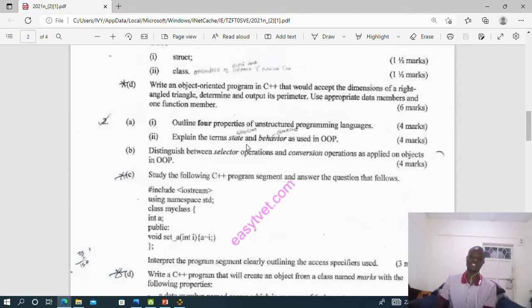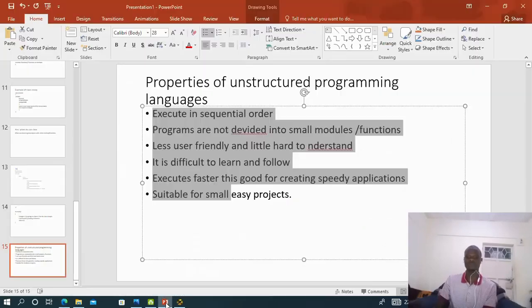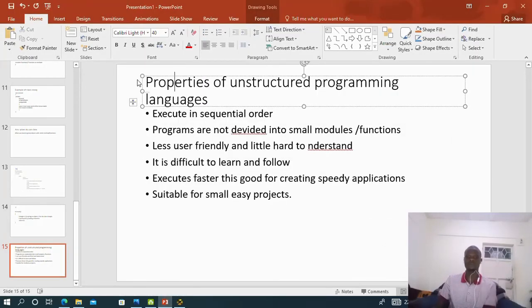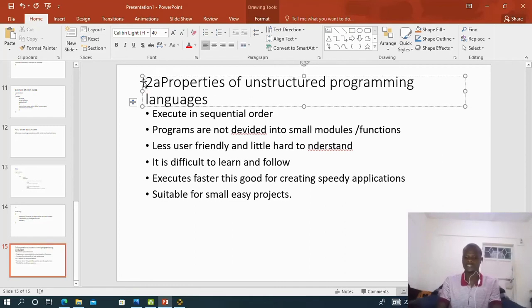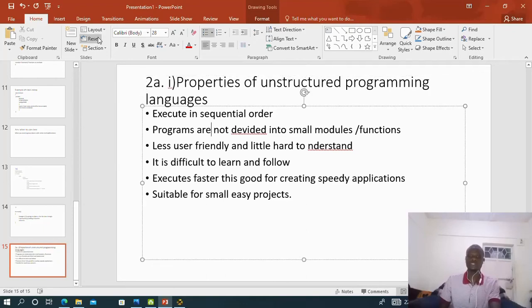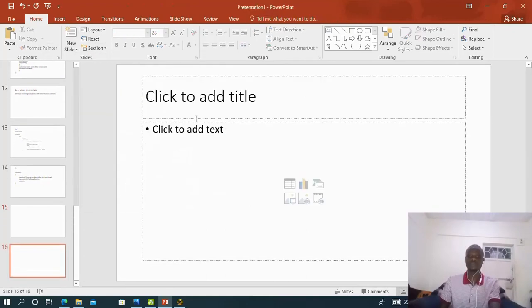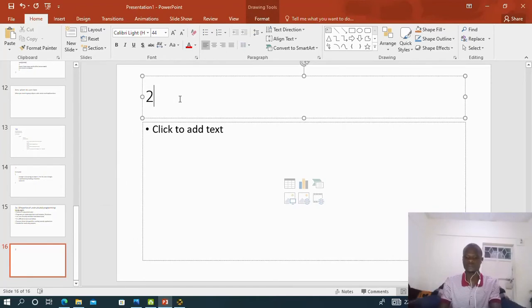An object can have a state and an object can have a behavior. So let me explain it here. This one was 2A Roman 1. Okay, so I proceed to 2A Roman 2, state and behavior